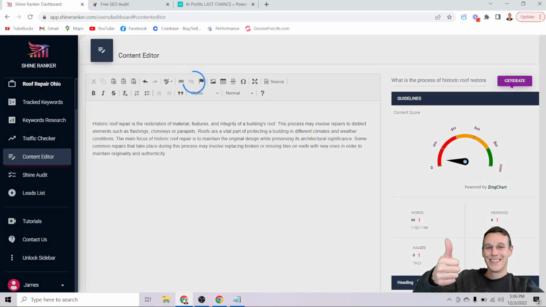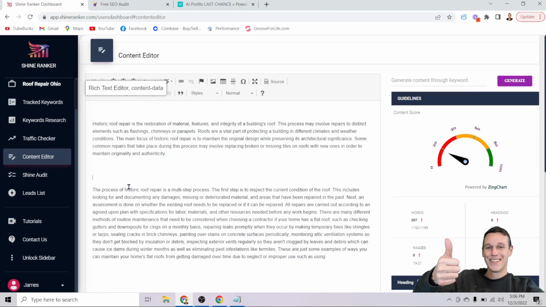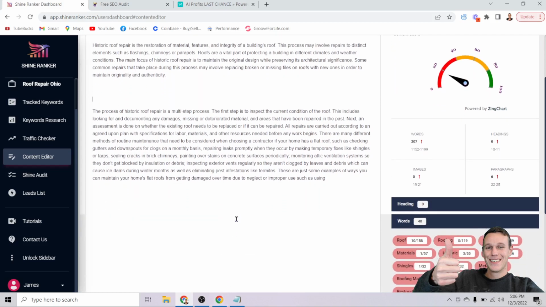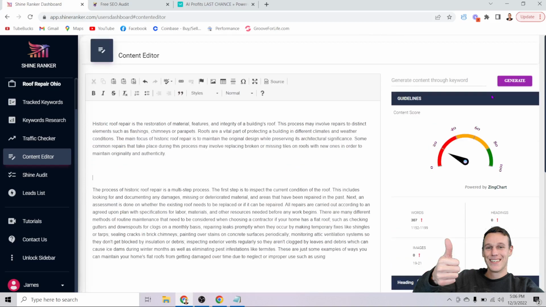And click generate, and again, we'll give the tool just a few seconds here to create some more content for us. But you can see how quickly this can create the substance of the content you need. Now, this might not be perfect. It's not that you're going to want to just copy this and paste it directly on your website, but you could see here this needle jumped up as soon as we created this content. So you could see if we did this 6 or 8 or 10 more times, created 10 more paragraphs, this needle will be over here close to the green, which is what we want if we want to rank on Google. So then the last step would just be to come here and rephrase this a little bit,